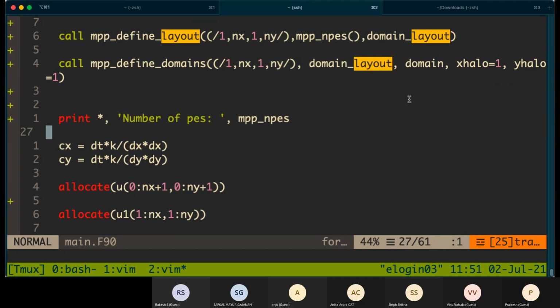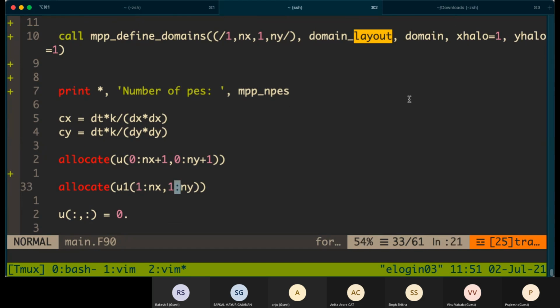Is that clear? So 1 to nx and 1 to ny are the lower bound and upper bound of the global array of the full domain. We don't need to allocate the full domain in every processor. We only need the local arrays, which are just a part of this global domain, allocated in each of these processors.